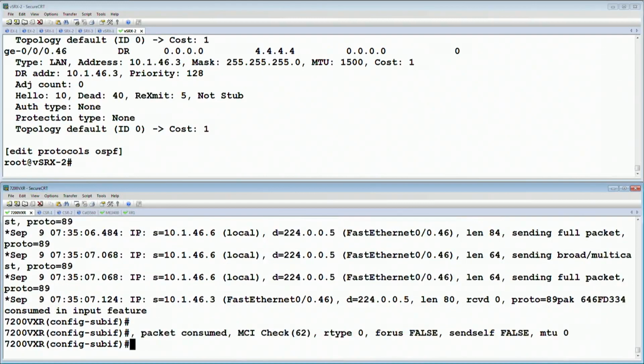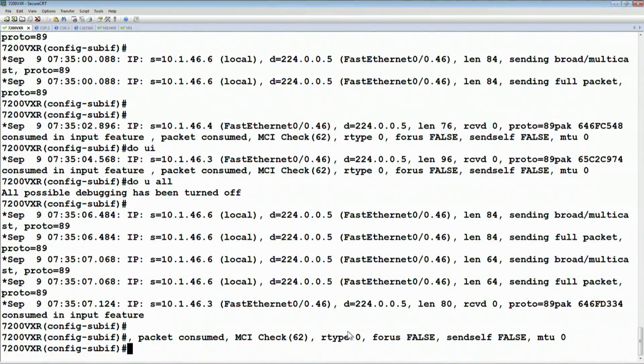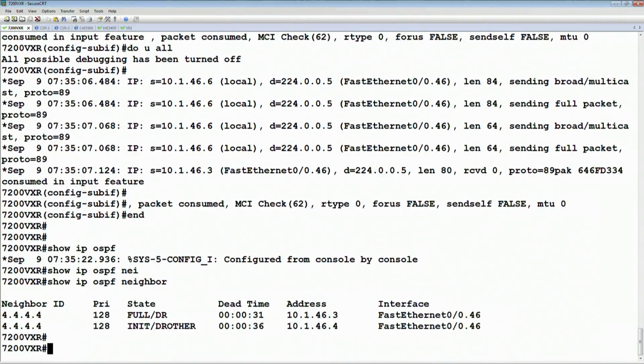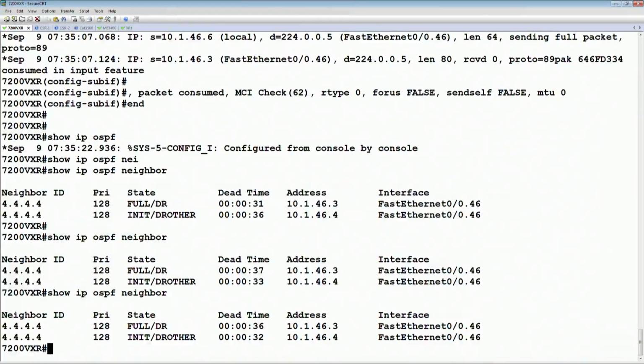The hellos on the link level are coming from both of these addresses, 10.1.46.4 and 10.1.46.3. And if we then look at show ip ospf neighbors, basically we have two adjacencies,